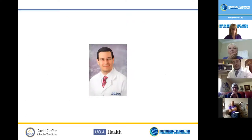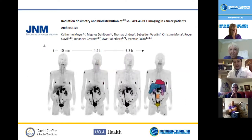Okay, so I put a picture up for myself because in 2016, I was honored to be a Hirshberg Seed Grant Award recipient, and for that award, it was called targeting FAP on cancer-associated fibroblasts for pancreas cancer, and that work has led to this development, which is that there's this